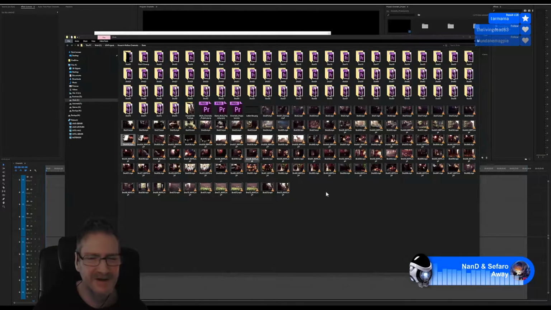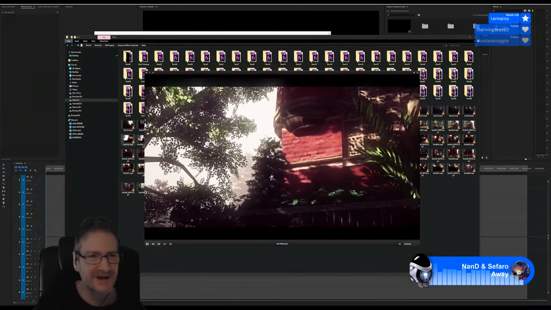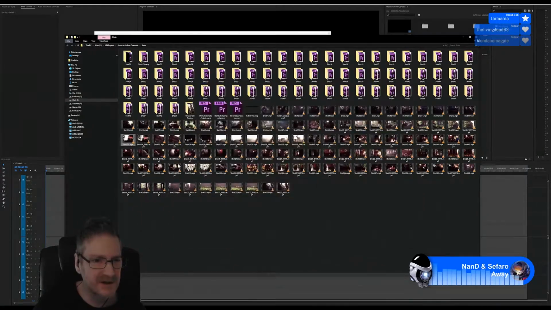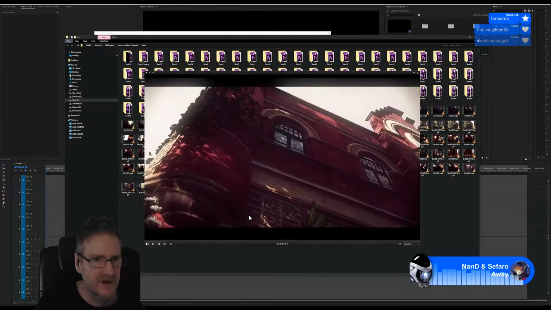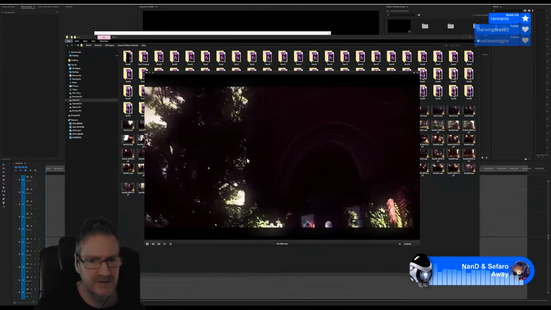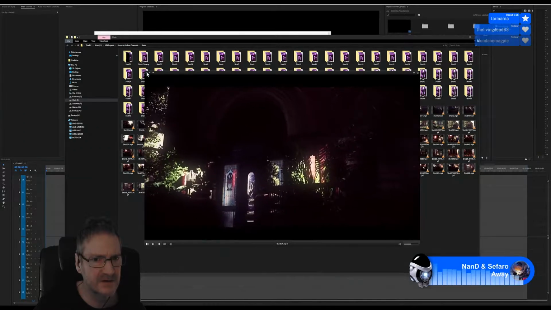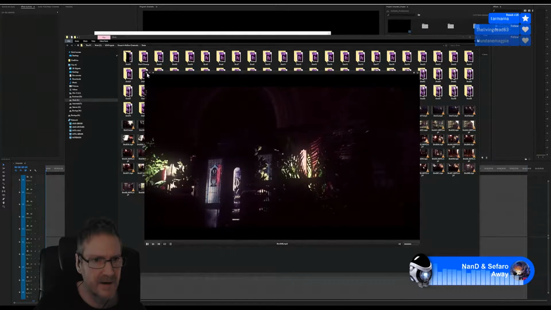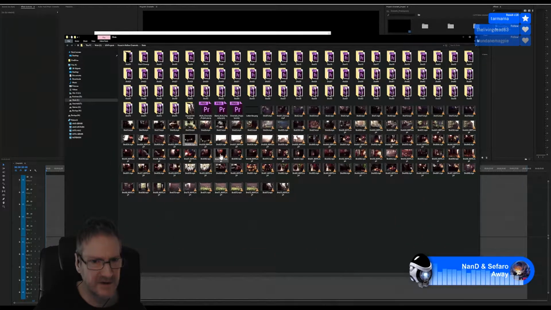I must have just forgotten to do a shot 33. 34 is still the building. And 35 is the building. I think after 35 we move inside the building. 35 is the other side of the building. Still at the front though. So we go up to shot 36 from shot 29.